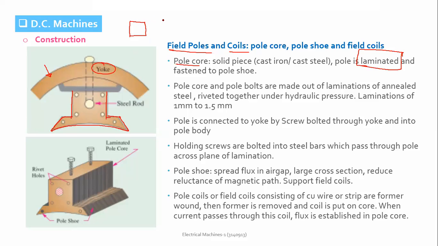Okay. Let me explain. I have a piece of, let's say, cast iron. This is a single piece of cast iron, which I am using as a pole with this type of arrangement. What will be the cross sectional area if I use it as a single solid piece? What will be the cross sectional area of this material? Small or large?